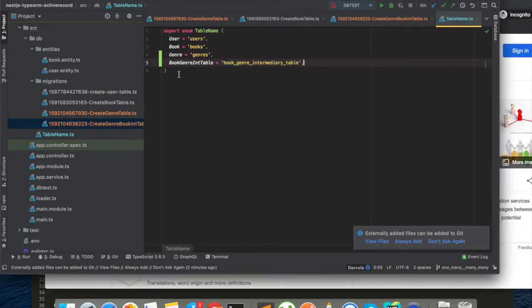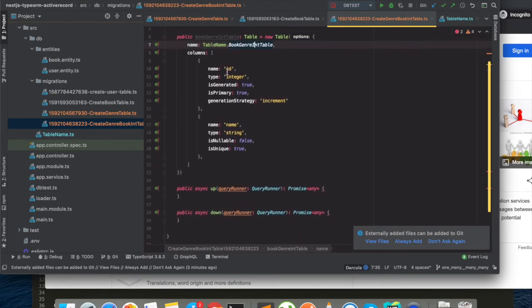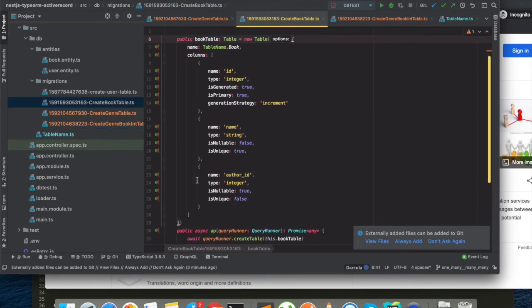So this is our intermediate table, and we are going to create this table with a column ID. The next column will be book ID. We are going to copy paste that from here, similar to author ID, it would have a book ID.